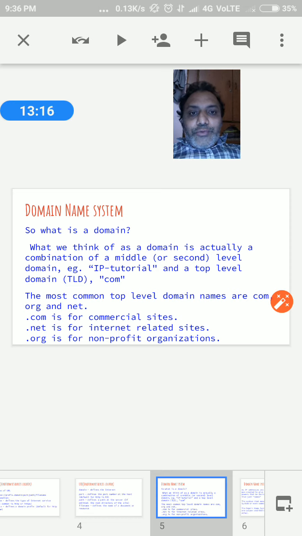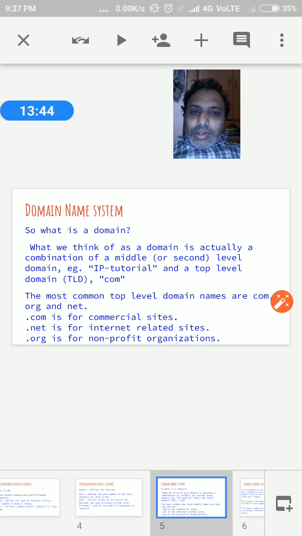From the left of the URL, we always consider the hierarchical structure of the domain. At the last, .com is the top level domain, and the text beside it is the second level domain.